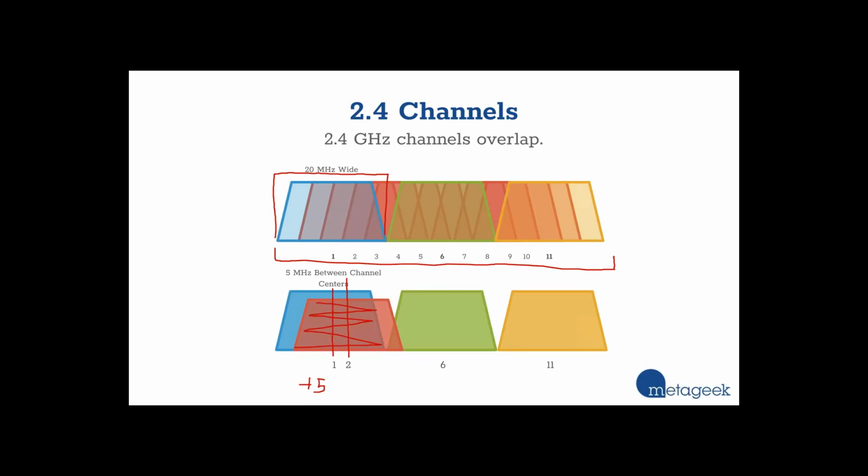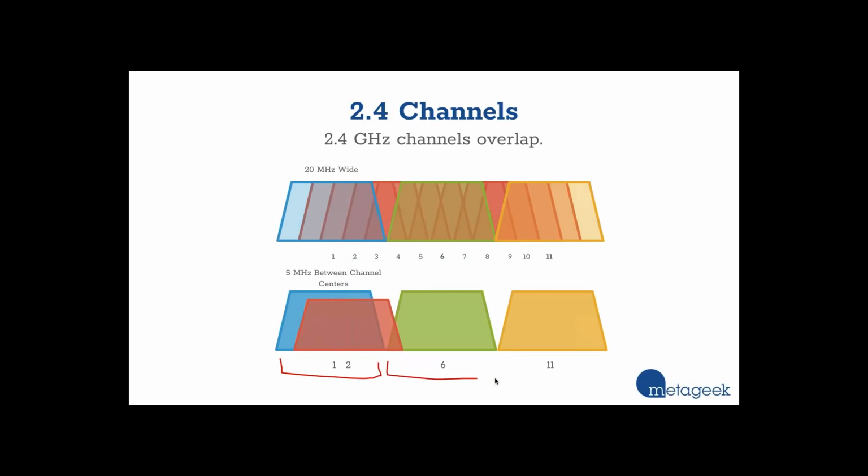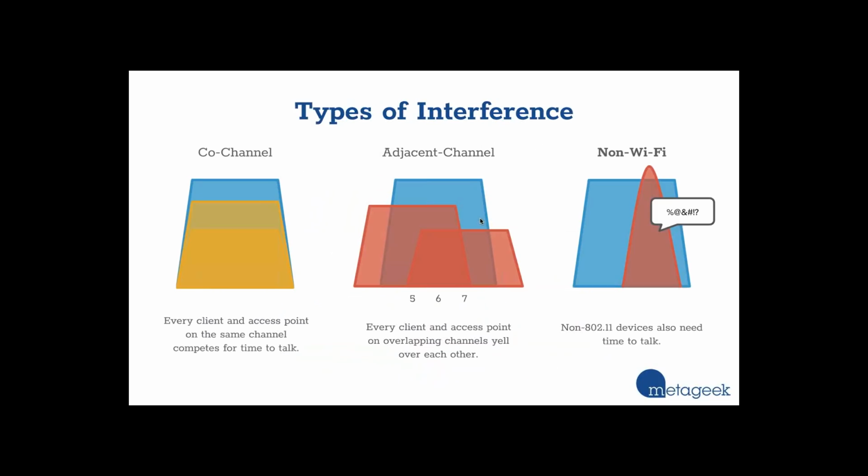In the end, the only 3 channels that don't overlap are channels 1, 6, and 11. Those are the 3 non-overlapping channels. Everything else has the potential to overlap with another network. Okay, so the next question you might have is, well, that's great, Joel, but why does it matter if networks